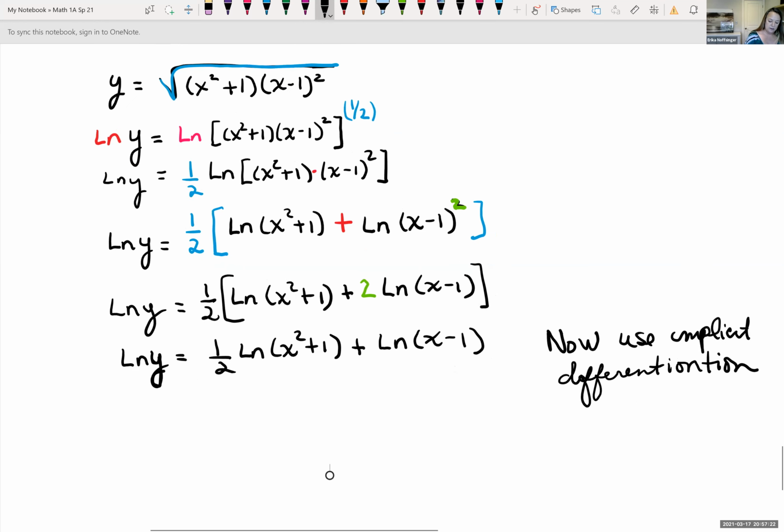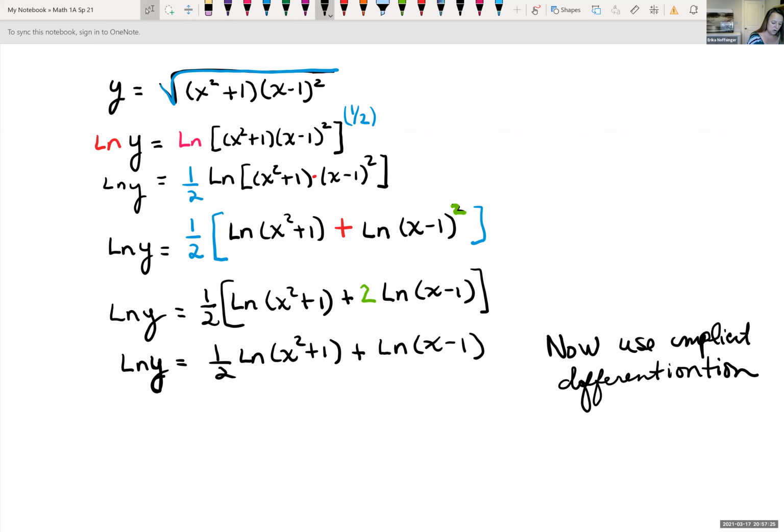Taking the derivative of the natural log of y: well, the derivative of natural log of x was just 1 over x, but for the natural log of y, that would be 1 over y. But y is a function of x, so that's where we have to tack on the dy dx. This is equal to